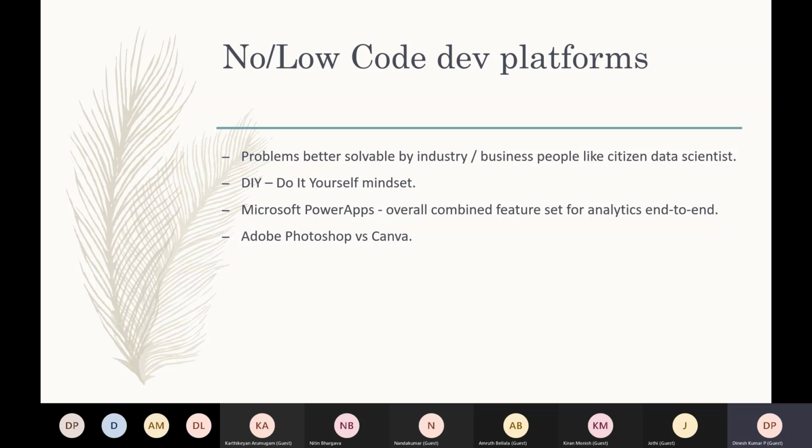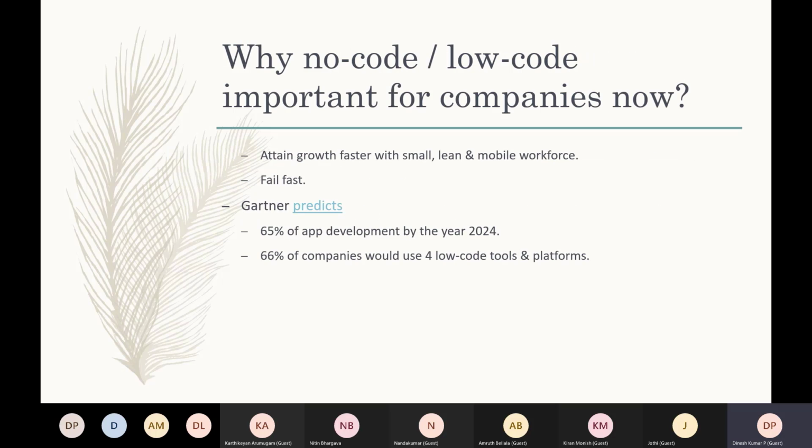And why I stress so much on this particular point is that this is how the environment is going to evolve. It is not going to be the same as before, right? And that's what Gartner and all the big giants are also predicting. So if you think about why no code and low code are important for companies,